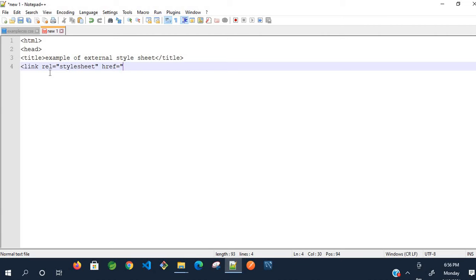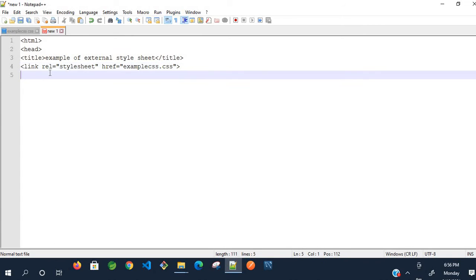Inside this, href is going to take the URL of other web pages or other files. Here I have to place the cascading style sheet's name, that is example.css. Then just close the link tag. Here I have included the style sheet.